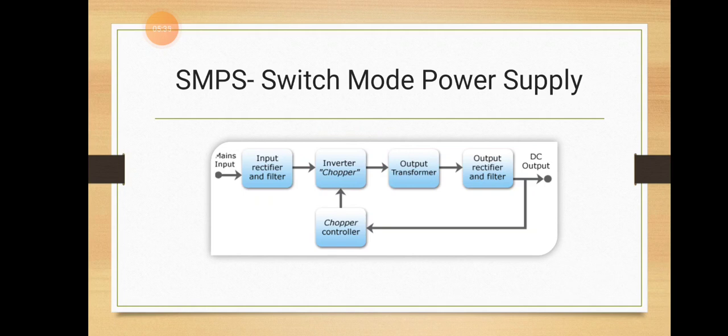Then it has to be rectified again, so that the signals are filtered, and it is given to the DC output, wherever the output is needed, like phones and computers. So it is used in different applications like chargers. There is also a controller called the chopper controller. Using the thyristor switches in the chopper, by applying firing angles to the chopper, you can control the inverter chopper. So this is another application.